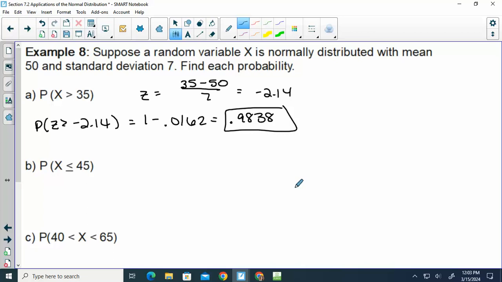B, less than or equal to 45. Does the equal to change anything? No. So find our Z. X minus the mean divided by standard deviation. Negative 0.71. So we're finding the probability that Z is less than negative 0.71. Less than is what our table gives us. So if we go to negative 0.71, we get